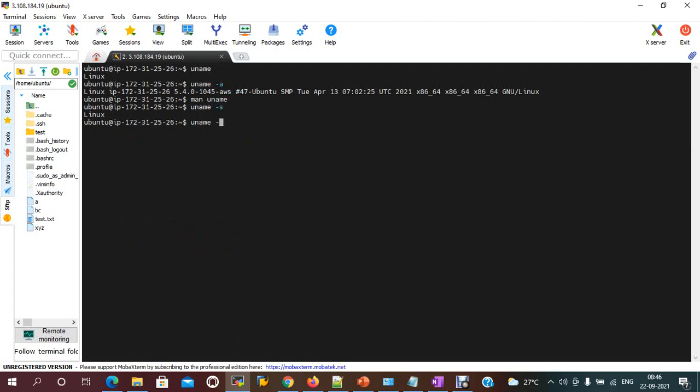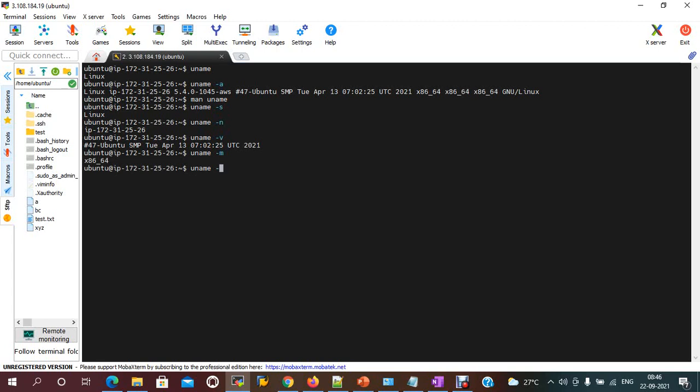Similarly, hyphen n means the current host name. Hyphen r will print the kernel release. Hyphen m means machine hardware name.